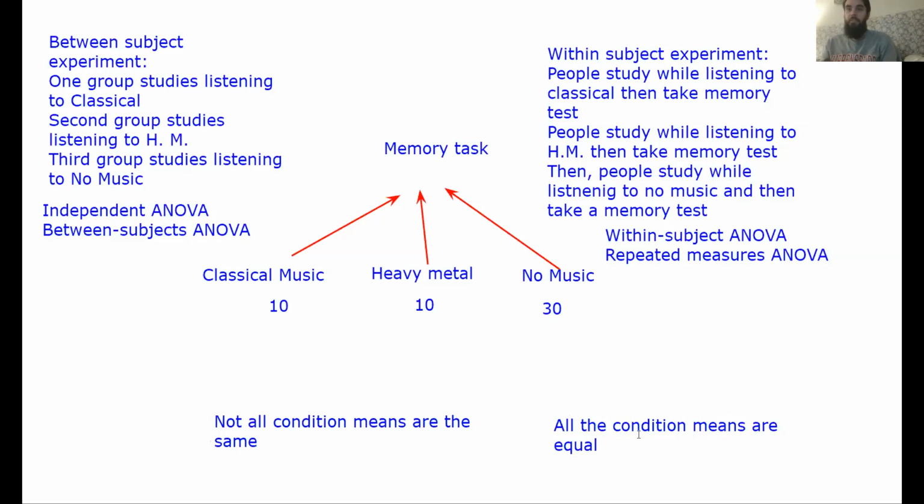These are not the same thing. Not all condition means are the same is not an equivalent statement to all the condition means are equal. Either one of these could be the case for the alternative hypothesis, but it's not necessarily the case that the alternative hypothesis is that all the